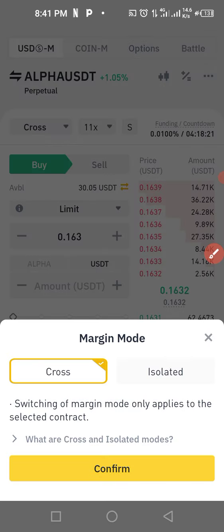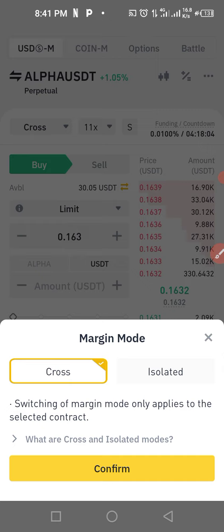Now this is your margin mode. There are two margin modes: you have the cross margin mode, then we have the isolated margin mode. I will explain what the two mean. Now, in cross margin mode,